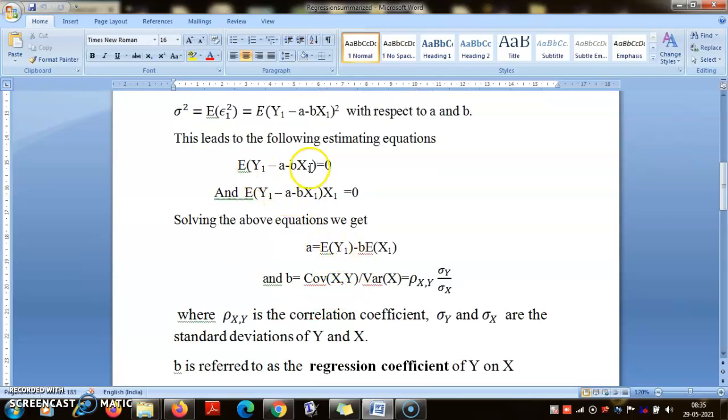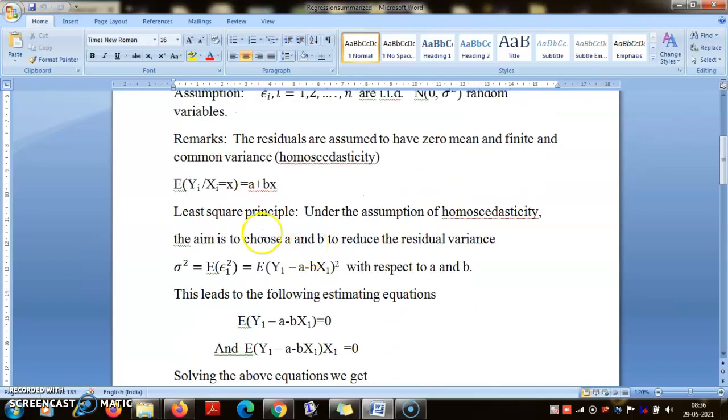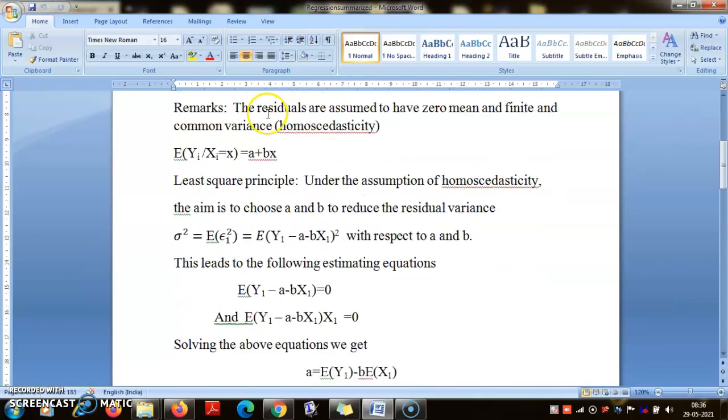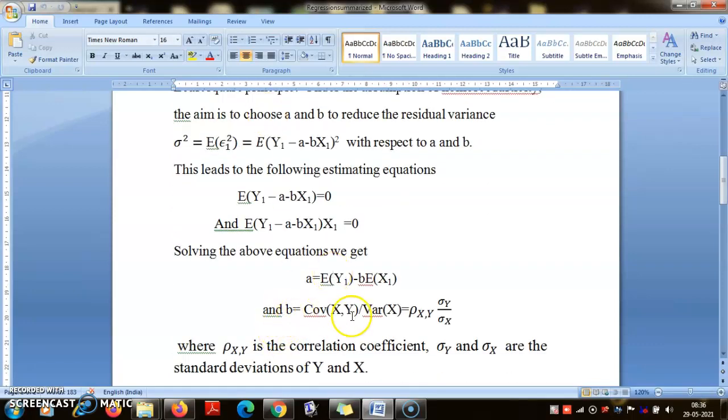This is easier. So you see from the first equation. The second, of course, you have to substitute the value of a and do some math. Then b is equal to, I leave that as an exercise for you. You get the ratio of the covariance of xy divided by the variance of x. So it is the equation of y on x. So b is equal to covariance of xy divided by variance of x.